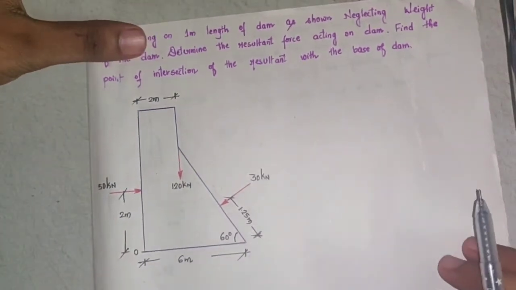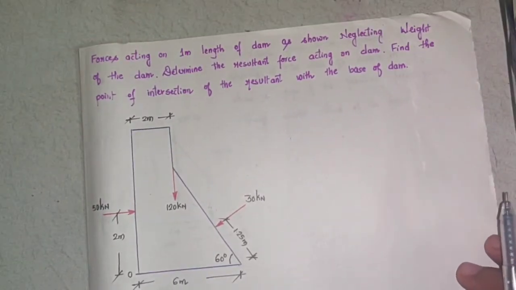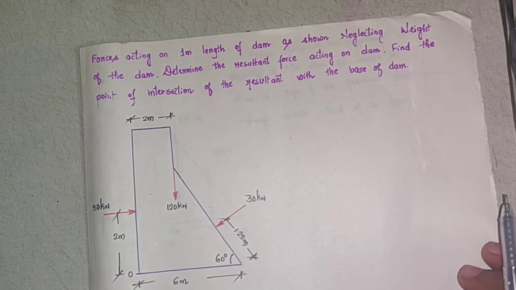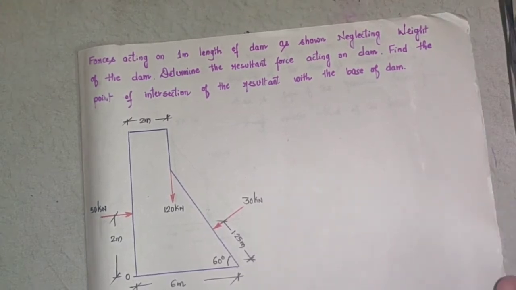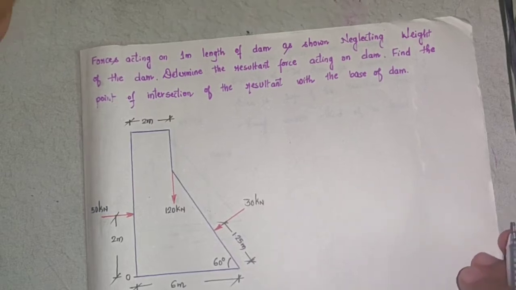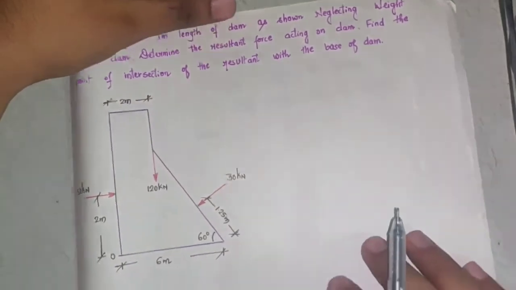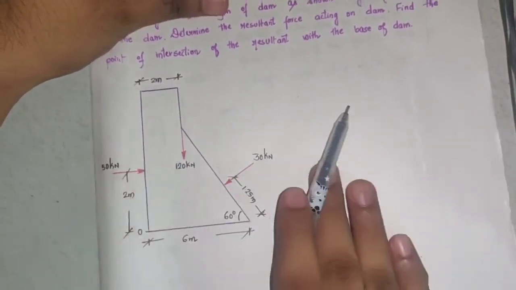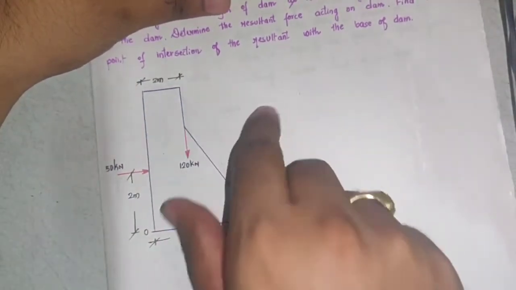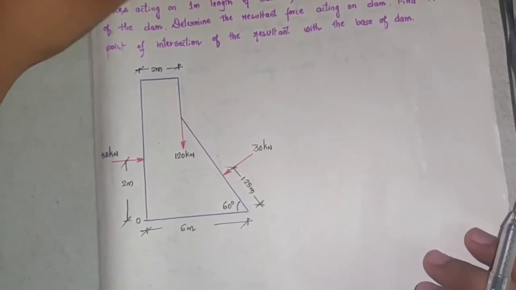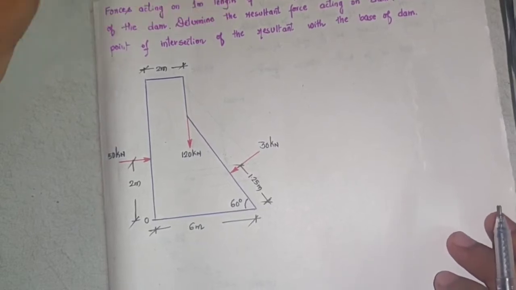Now to understand this, firstly you should know that a dam is nothing but a water retaining structure, where a dam is constructed to store the water. So how does the dam fail? One possibility of the dam failure is that the dam may slide like this, or it may tilt like this. In order to avoid failure by sliding and overturning of the dam,